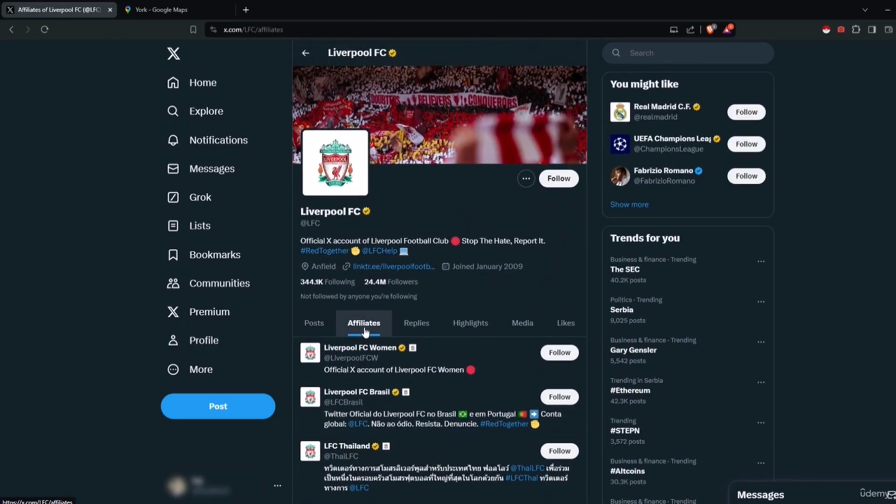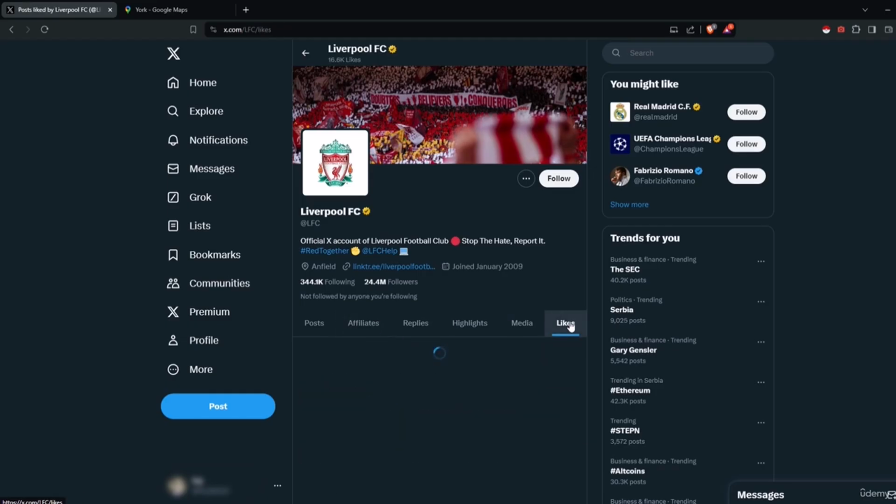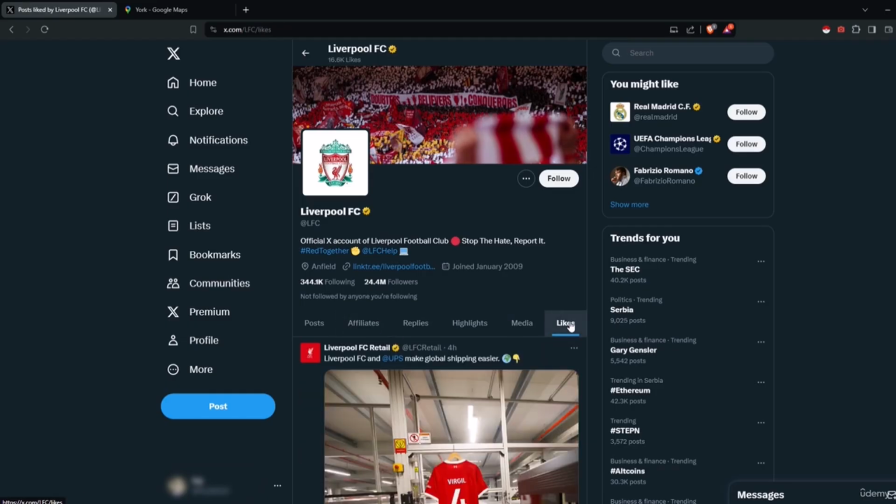Now let's say you found your suspect's X account. What you can do is go to likes and see what they've been liking, who they have been interacting with, what they have been posting, and perform analysis of their user profile to see if they match the persona they're using on other platforms. If you are new to X-OSINT, this might seem like a lot to wrap your head around. So I encourage you to take your time, practice it on any profiles even if you don't have a real target for now, and when there is an investigation you are participating in, just apply what you have learned.